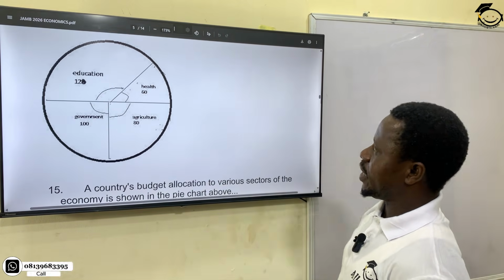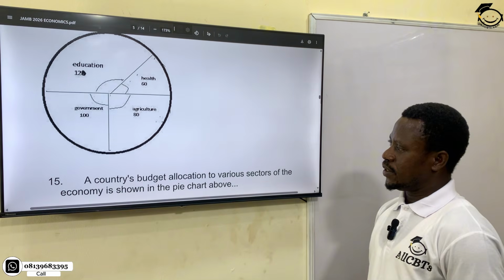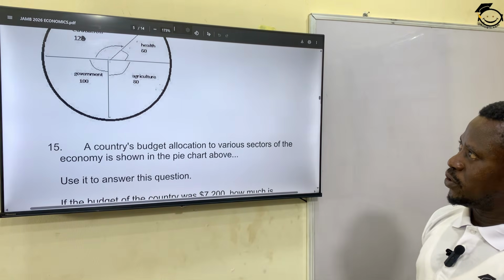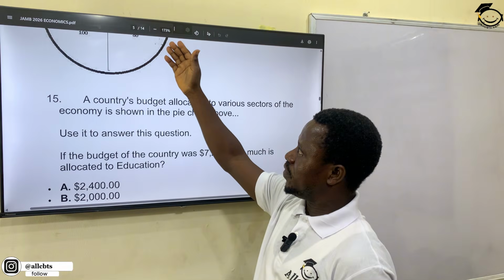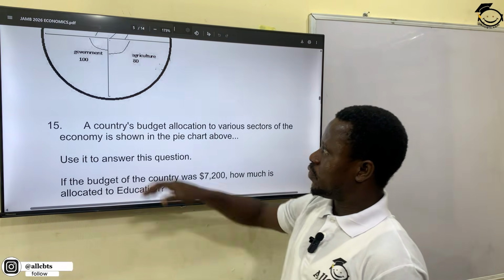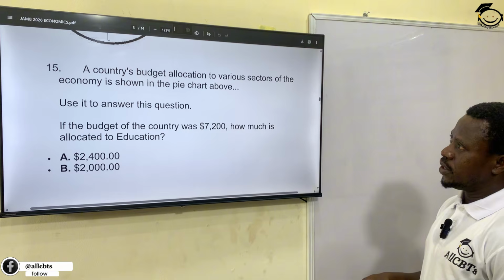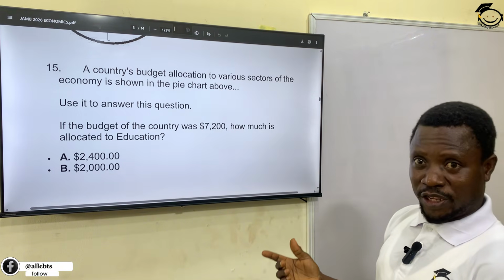Oh, we have another diagram here for calculation. Let's see. A pie chart is given to us, and in the pie chart we have education, we have health, we have agriculture, and of course we have government. Okay, so a country's,